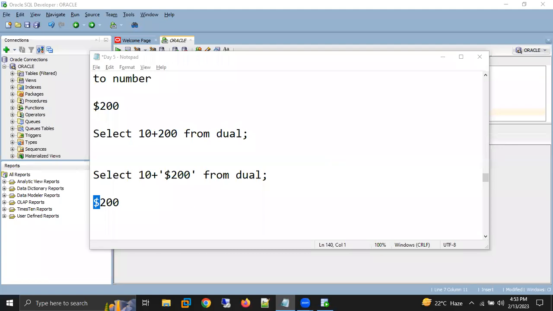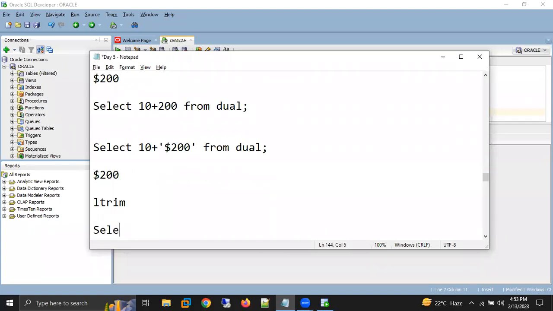In the previous session, we used LTRIM. We didn't learn it at the start of our training; we learned it at the end. With the help of LTRIM, we can remove something from the left side. So let's remove. Select LTRIM